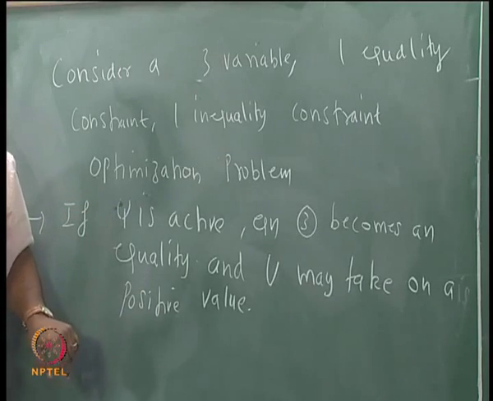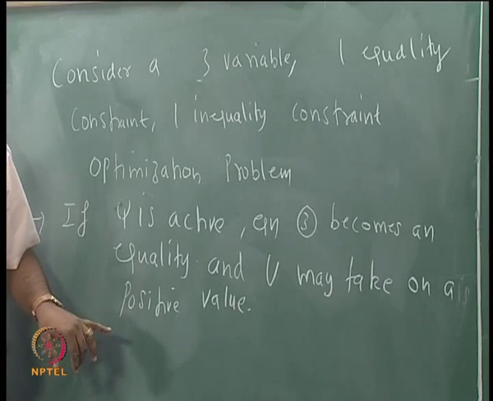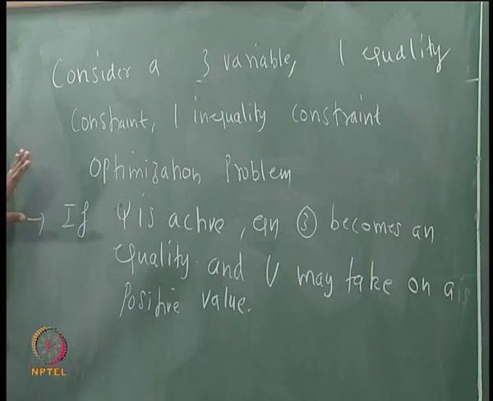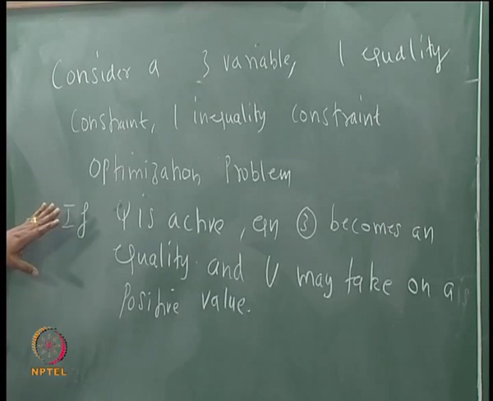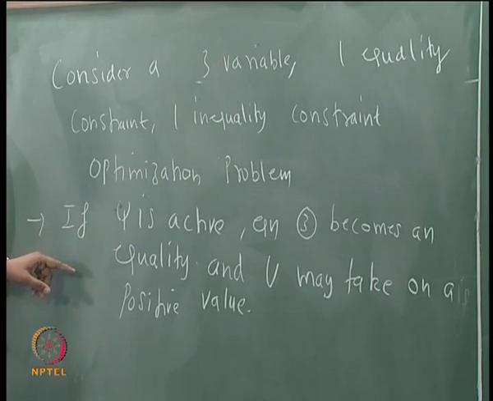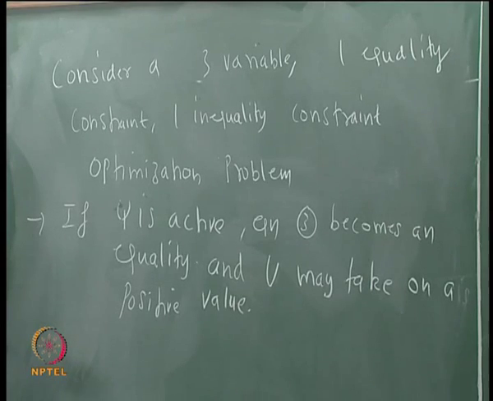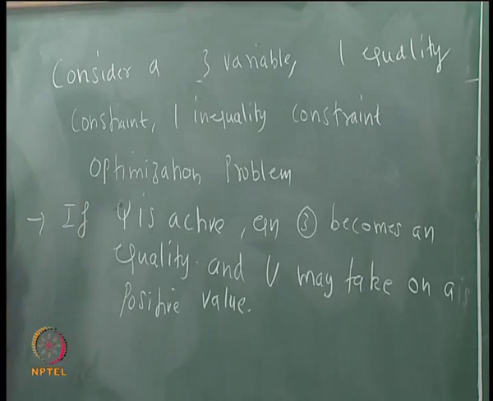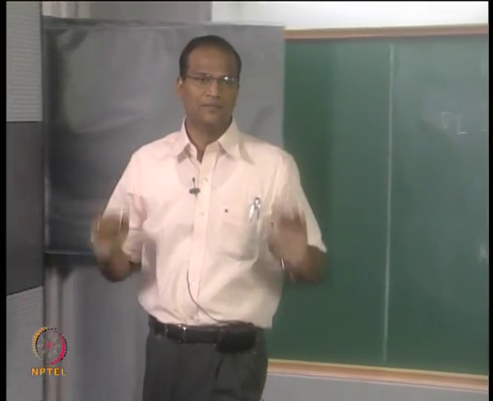If u is positive, then it means it is binding. U is positive, it is binding, okay, because then when psi is increasing, the y is also increasing, and you are seeking a minimum to the problem. Therefore, it is binding, and what you have done is correct. If you assume psi is active, you have proceeded with the solution, and u is negative, then your assumption that this is an active constraint is incorrect. So it is telling you from the next iteration onwards, you can drop this constraint and proceed. This is the KTC.